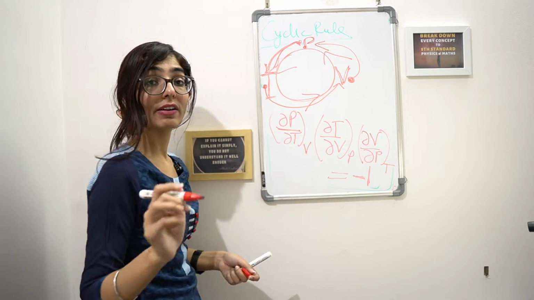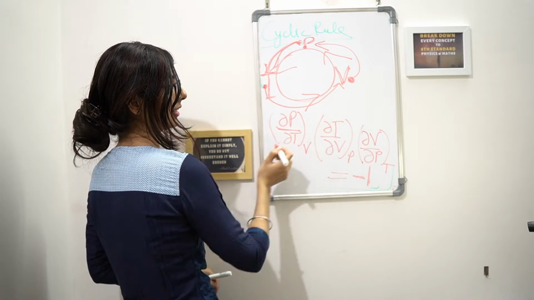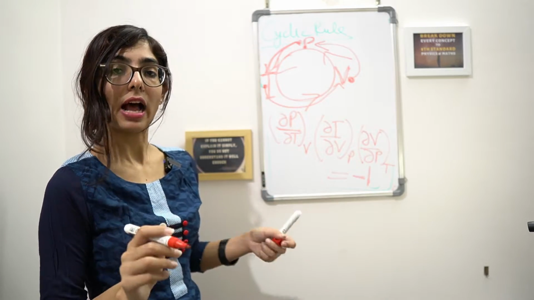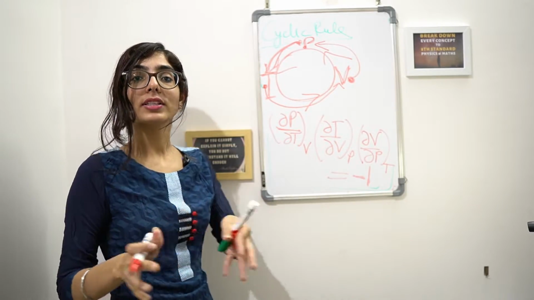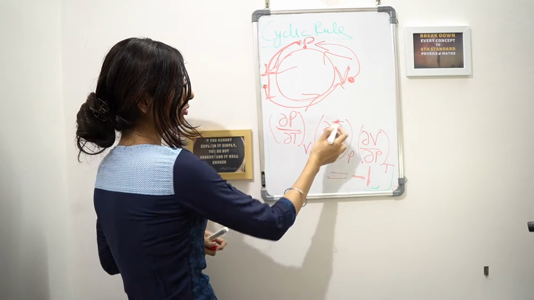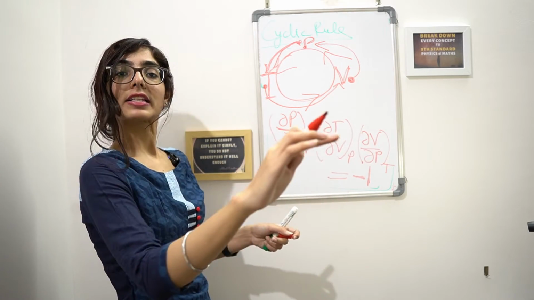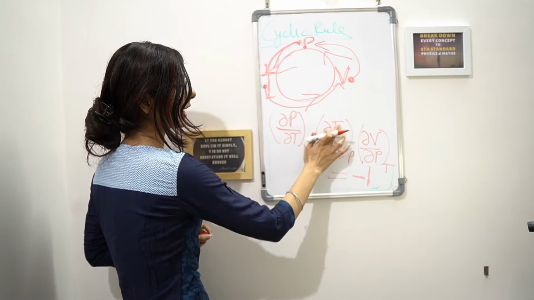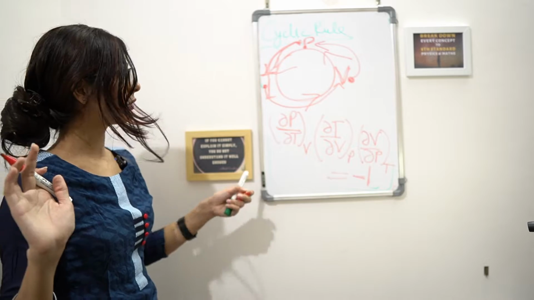Guys, it is -1. Never write +1. Always remember it is -1, or you can remember T got cancelled, P got cancelled, del P got cancelled out. Suppose if you get confused in the exam, suppose 4 relations are given and you have to identify which one is the expression for cyclic rule, so which one is the correct thermodynamic relation. So what can you do? You will be cancelling it out. Del T, del T, del V, del V, del P, del P. So everything gets cancelled out, so that is the cyclic rule. Fine, this is the short trick. If everything gets cancelled out, like del T, del T, del V, del V, and del P, del P, that will be the cyclic rule.